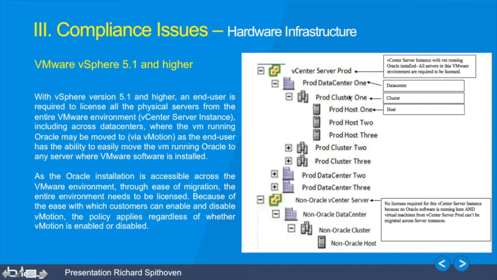So what you see happening a lot is that a lot of customers create, for example, a specific cluster for Oracle where they have 3 hosts in there, and that is part of a specific data center. And another cluster is, for example, being created for Microsoft, and a third cluster is being created for IBM. Those customers all think they just need to license those 3 servers in this cluster, but they don't realize that the virtual machines that may initially be set up in this cluster can be moved within the whole vCenter server instance. And as such, all the physical servers of Prod Data Center 3, 2, and 1 are required to be